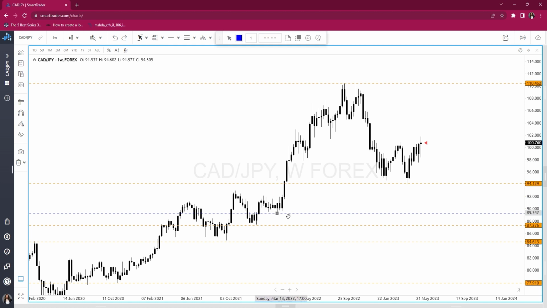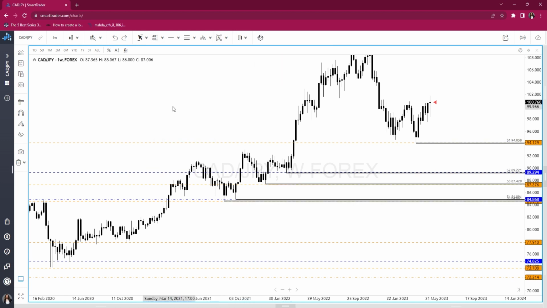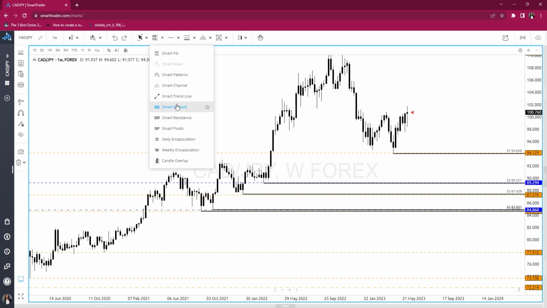But I do have weekly levels at this level here that I'm putting here. And then it also looks like I have a level right here, which I'm gonna highlight. And let's see, here's another level. I don't know if the system is gonna pick that one up though. So let's do, oh yeah, it's too low. So I can get rid of this, which is fine, but it picked up all of the other levels, which is cool. So I'll turn this off, and then I'll look for